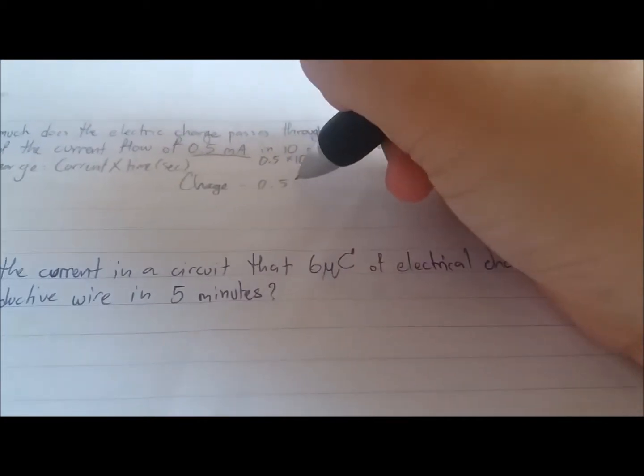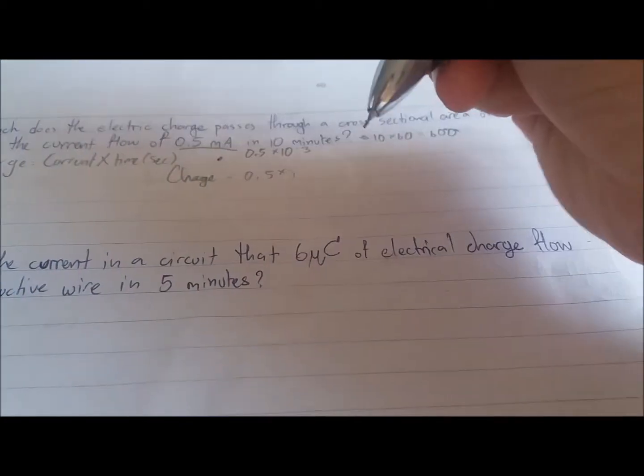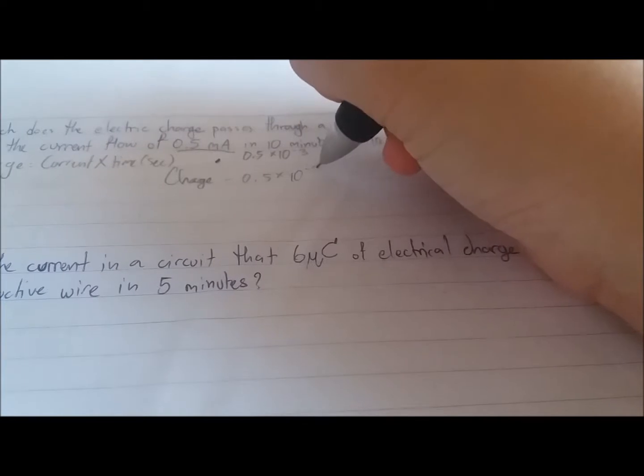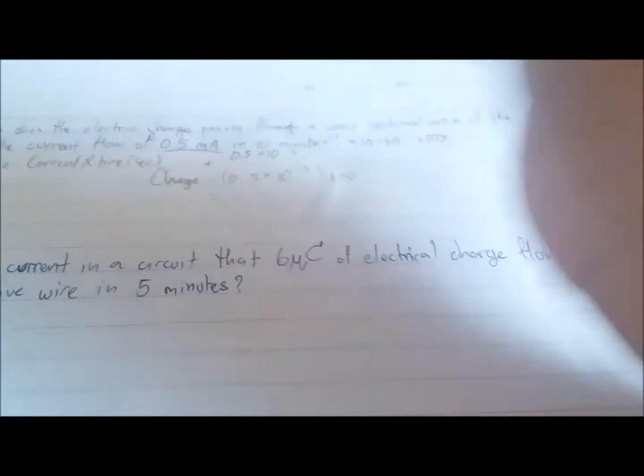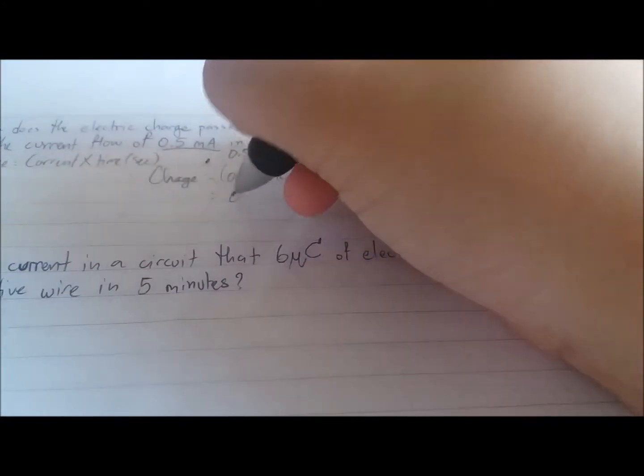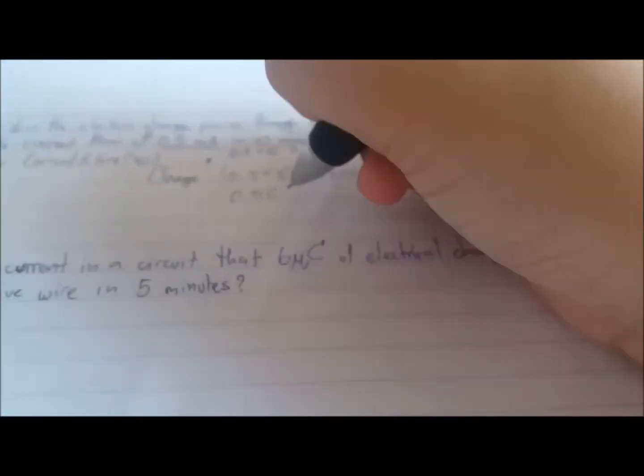Charge equals 0.5 multiplied by 10 to the power of -3, multiplied again by 600. When you do the math, it equals 0.3 coulombs,